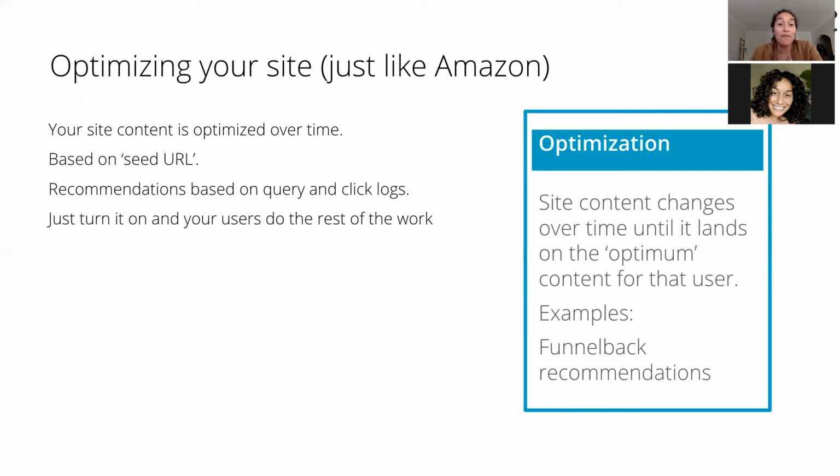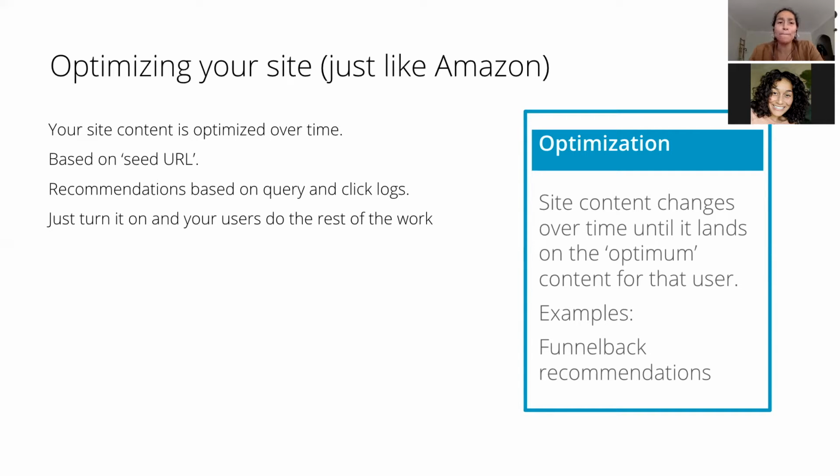Just like Amazon recommends a list of related pages, so can Funnelback. This is where we start talking about the optimization function of a good search engine, where site content changes over time until it lands on the optimum content for that user or that persona. Now, this is reasonably advanced functionality, so if you're going to determine for yourself whether your search engine offers this, you have to decide now. But if you're using just a plain old built-in CMS search tool, the answer is probably no, and you don't